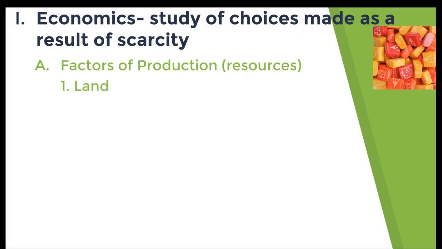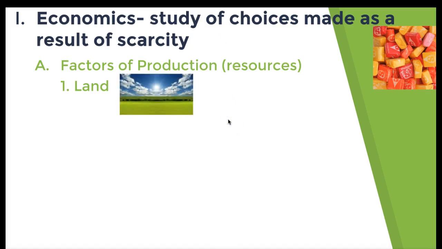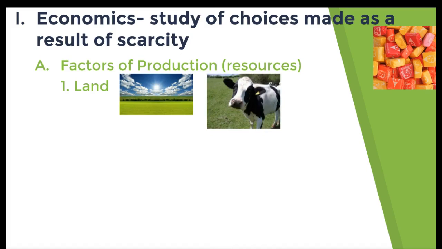First of all, land. Land does include the land, literally the land that the building is sitting on, the factory is sitting on, the lovely picture here. But it does also include, for example, solar energy and wind energy. It also includes animals and animal byproducts, as well as anything that can be found in the land. So not the oil derrick there, but the oil that they're drilling for. That's all included in land. I always talk about land as the God-made items. These are all things that God made, with the exception of people, because people are the